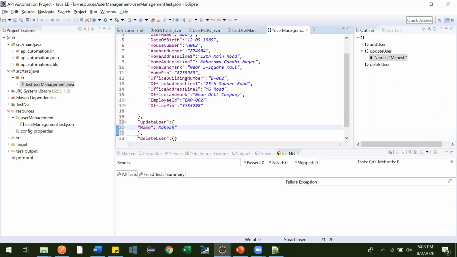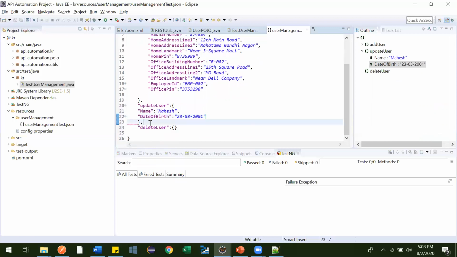And date of birth as 23rd March 2001. Perfectly fine. Why is this throwing error? Okay, let me go home, just clear this.